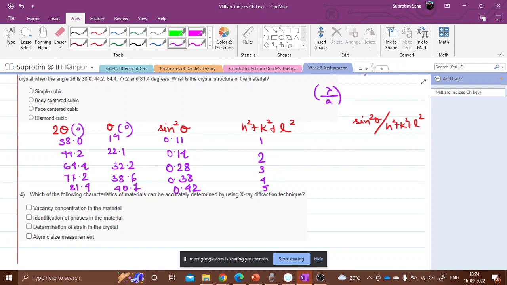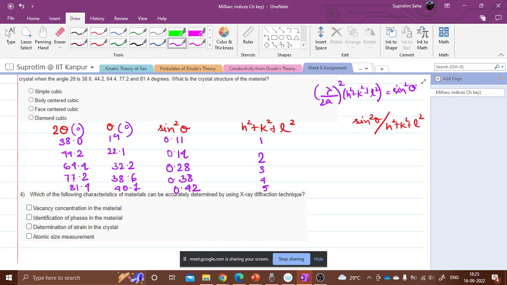Yeah. So 2d sin θ equals mλ. From that formula, you have (λ/2a) whole squared times (h² + k² + l²) is equal to sin²θ. So if you take this, sin²θ over (h² + k² + l²), in that case (λ/2a) whole squared will be on the left side, and so sin²θ by (h² + k² + l²) will be a constant term for every sort of planes, right? So basically what happens is that